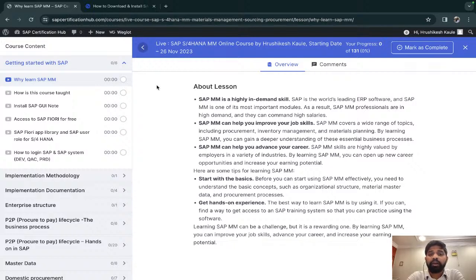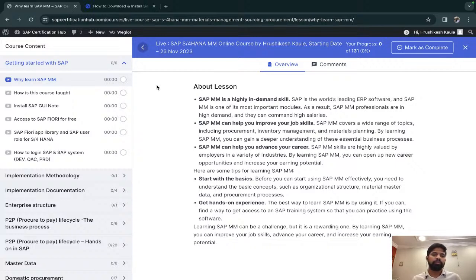Now, so you got why you should learn SAP MM: because of high demand, and it also helps you improve your job skills. Many people come from the procurement domain, so it is a win-win situation.